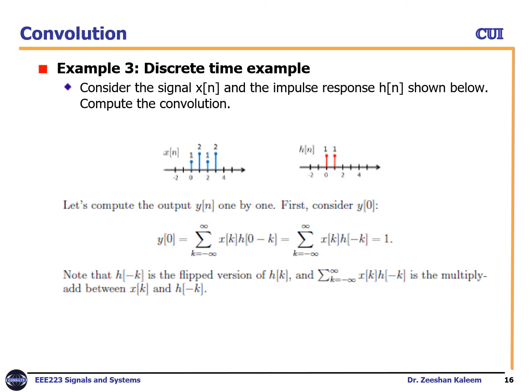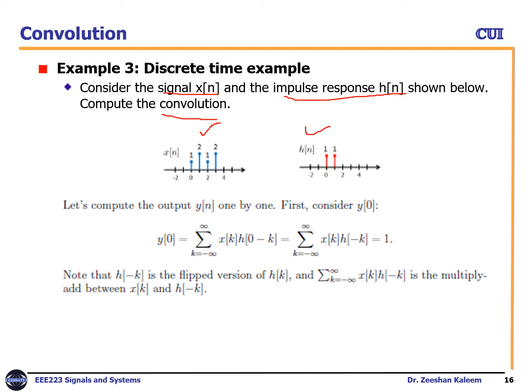Now let's take another example for a discrete time signal. Now we have two signals. Consider the signal x of n and the impulse response h of n shown below. Now we have to compute the convolution. So this is our x of n and this is our h of n. Generally we studied that to find the convolution between these two, we have to write the equation. So the general equation is y of n equal to summation k from minus infinity to infinity x of k h of n minus k. This is the general equation.